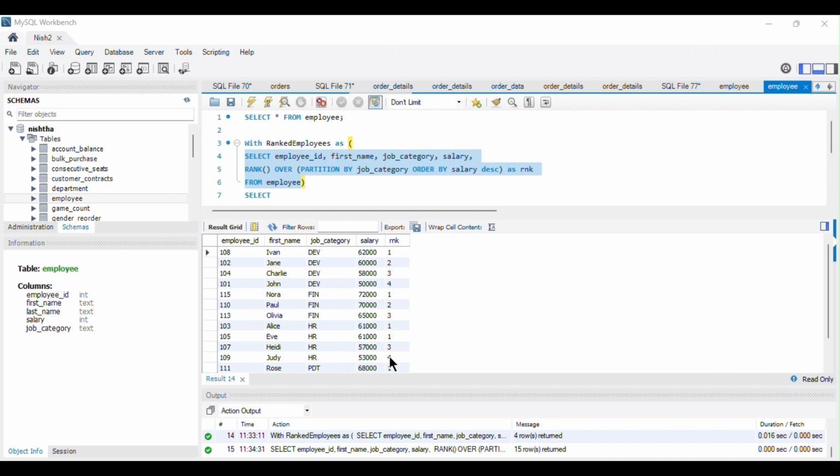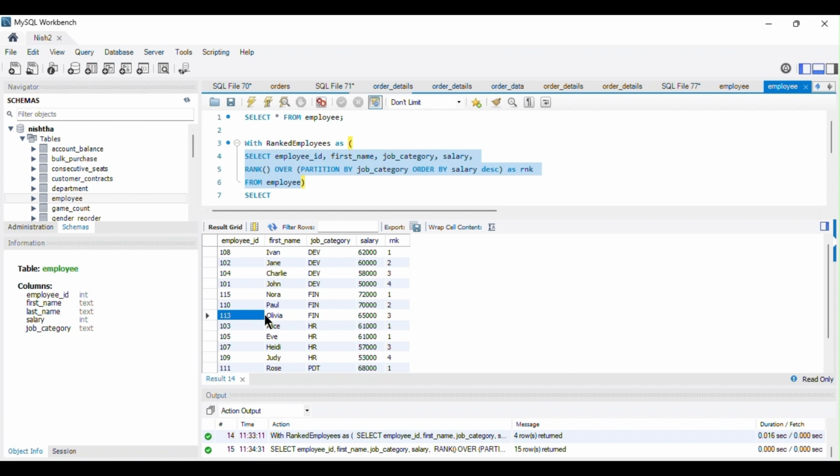Judy has been given rank 4, but it actually belongs to rank 3. So the result comes in gaps, which is not desirable when looking for the third highest salary specifically. That's why we are not using the rank function.